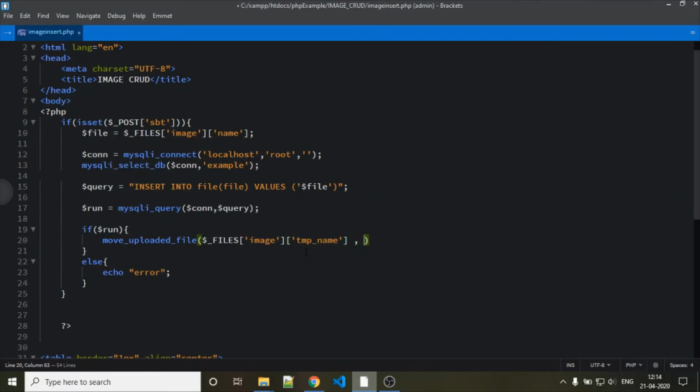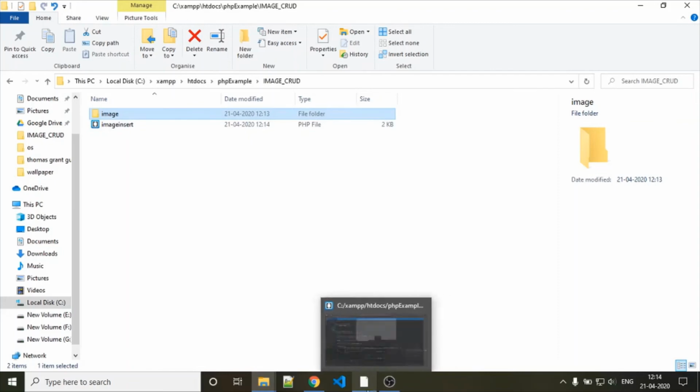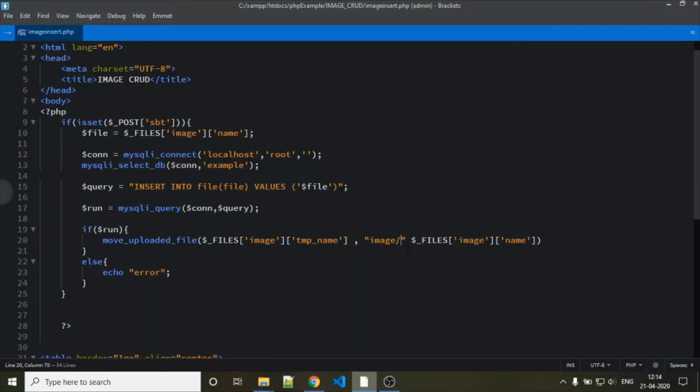The second is the destination. We have created one image folder, and we want to move the file into that image folder. For that we created this statement.